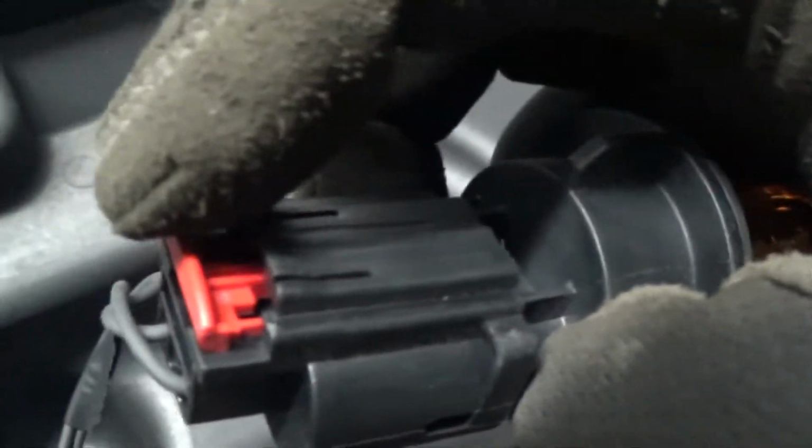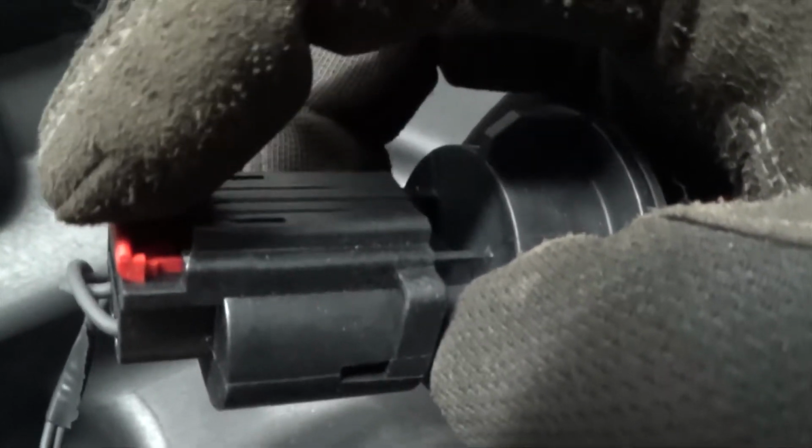Alright. See, I unhooked it. Right there, just pop the clip out, in and out, and then unhook it like that, and you get this one. And you can see it's burned out right there in the bottom. Nothing in the inside, but in the bottom it's burned out. So yes, use your gloves and use your proper protection,